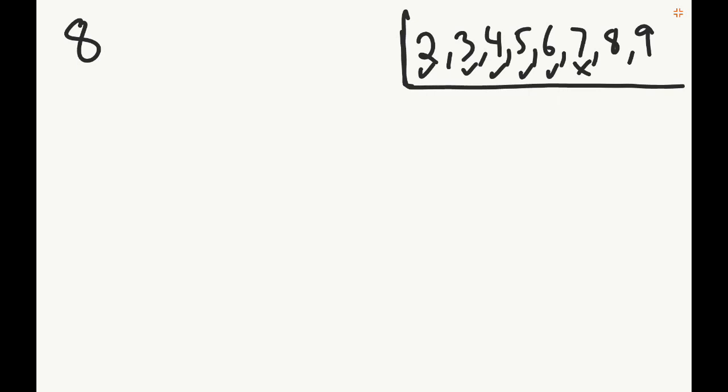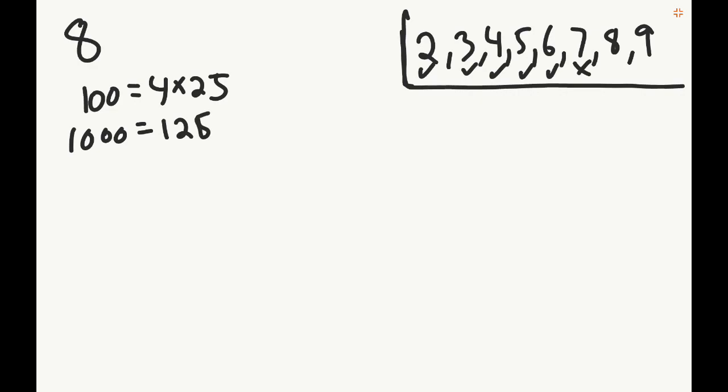But similar to 4 or 2, right? For 2, we know if the last digit is a 0, then you have a multiple of 2 there, because it's a multiple of 10. For 4, we know if the last 2 digits are 0, so all the multiples of 100, remember, equals 4 times 25. So it turns out that to get to a nice ending in 0 number, we have to go all the way to 1,000 equals 125 times 8. So for 8, technically the trick would be,